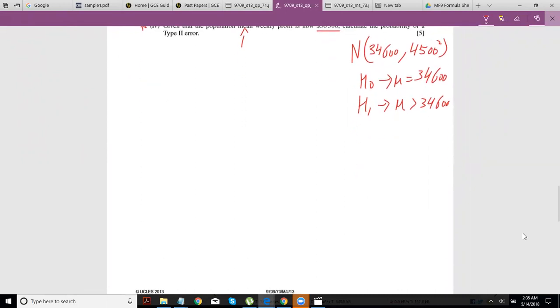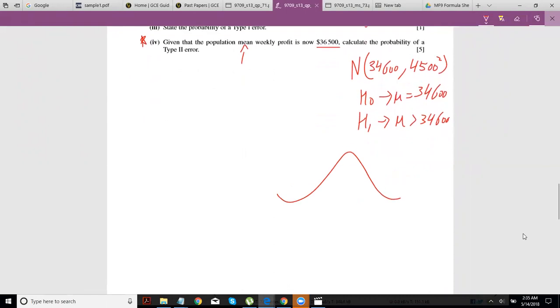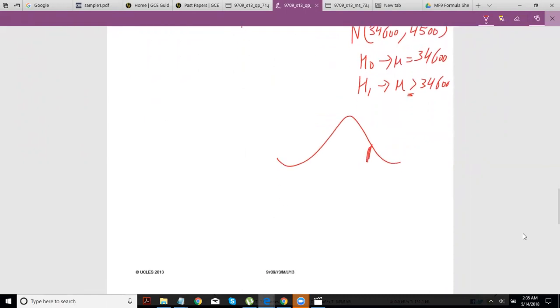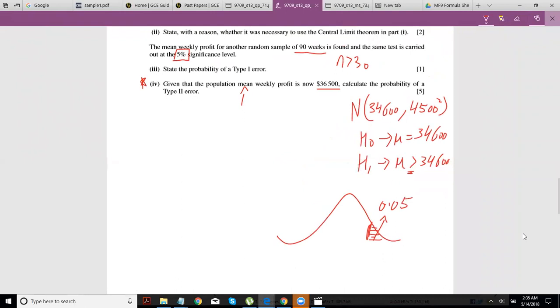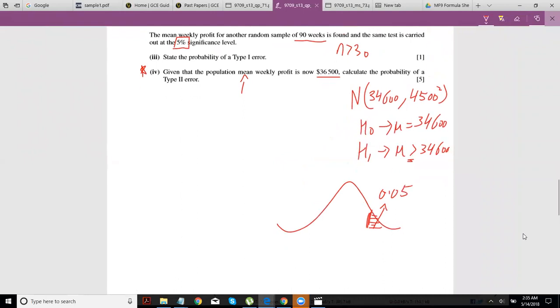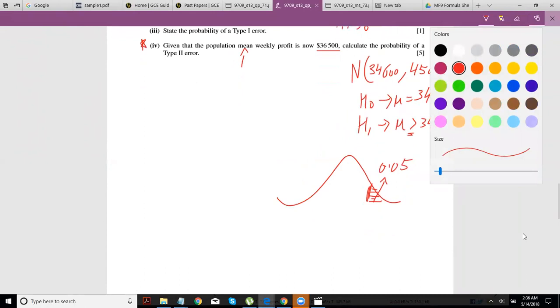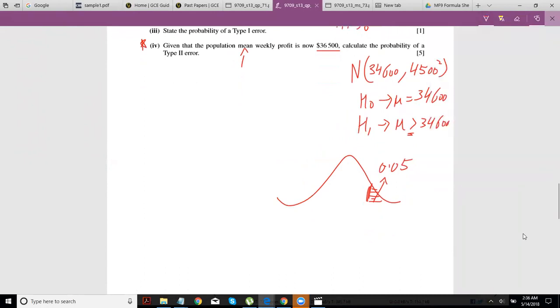So basically, what's happening, if this is the original normal distribution curve, and because it's a greater than sign, it's an upper tail test. And this would be your critical region. The probability of this rejection area being 0.05, because you have a 5% significance level. And one more thing to add, the mean here is supposed to be